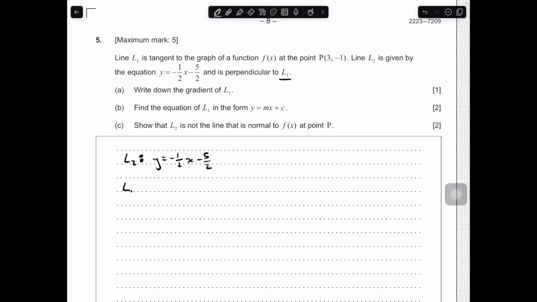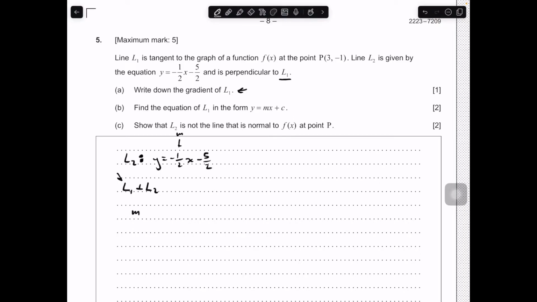So we know that L1 is perpendicular to L2. Here they're asking us to write down the gradient of L1. If we know the gradient of L2 is -1/2, that's our m in y equals mx plus c, and since L1 is perpendicular to L2,